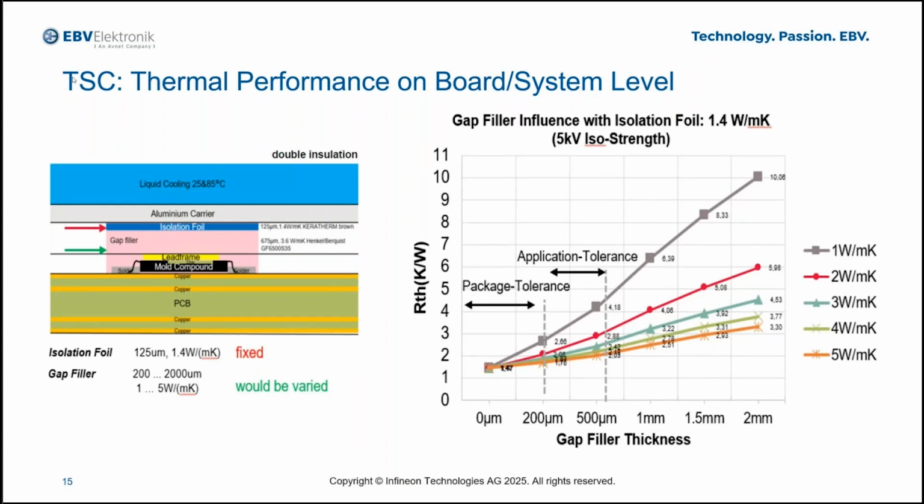Here different thicknesses have been tested, on the right you see in the graph, and measured the thermal resistance. And we see that with different performance of thermal gap filler and isolation foil, you can reach very significant differences,